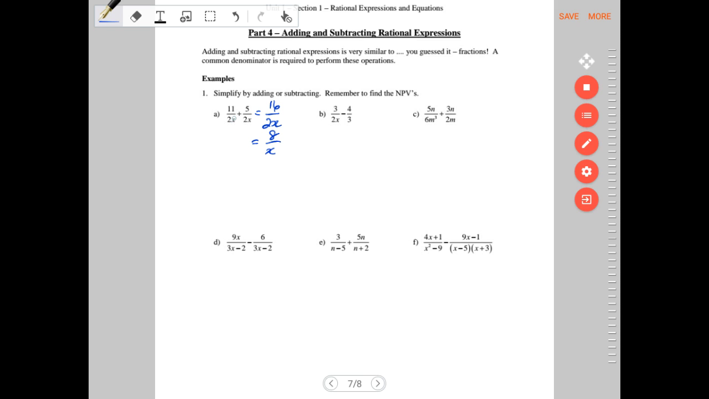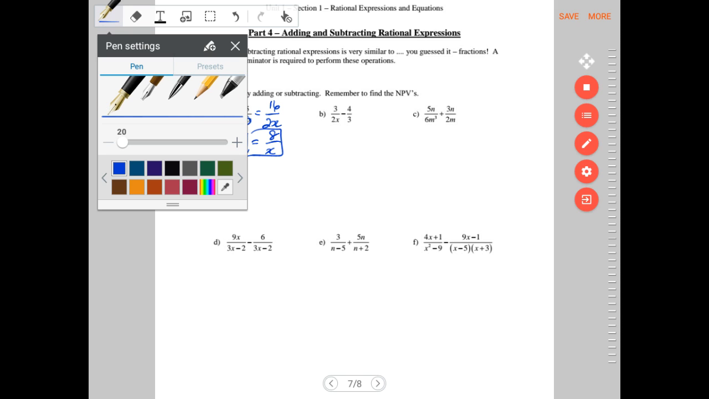To find our NPVs, we look at the denominator. Because they're the same, I only have to do this once. So 2x cannot be 0, and x cannot be 0 because we divide both sides by 2. All right, easy one. Let's try